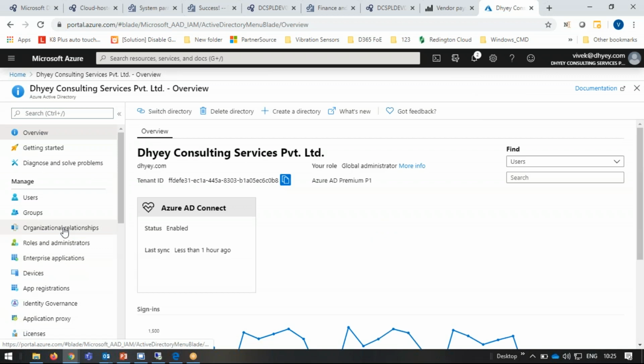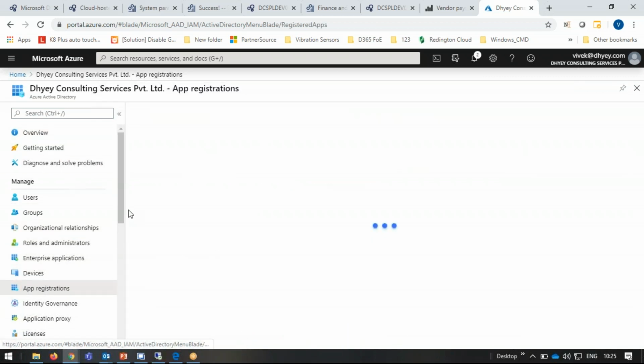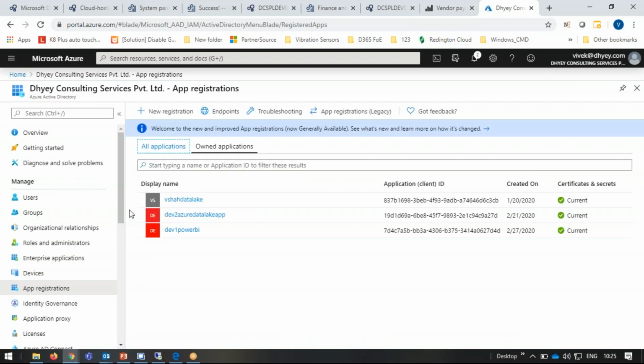Look for the app registration, create a new registration,